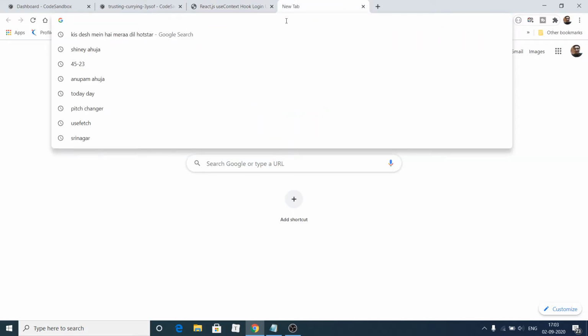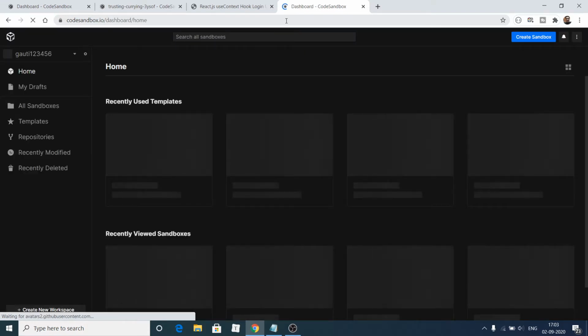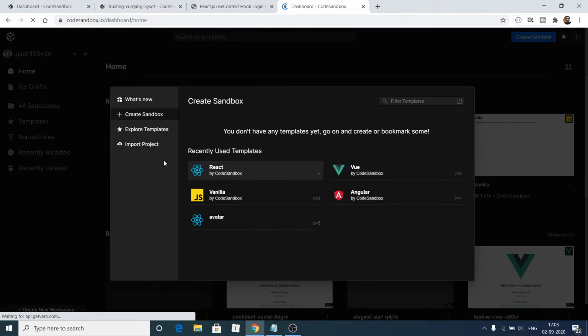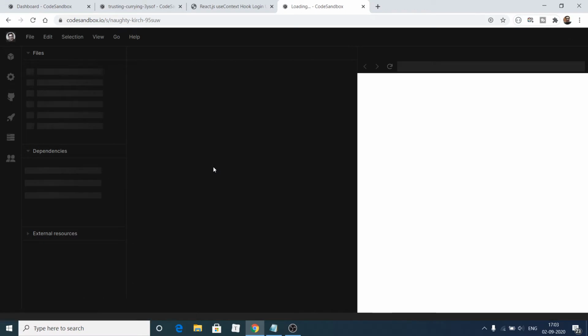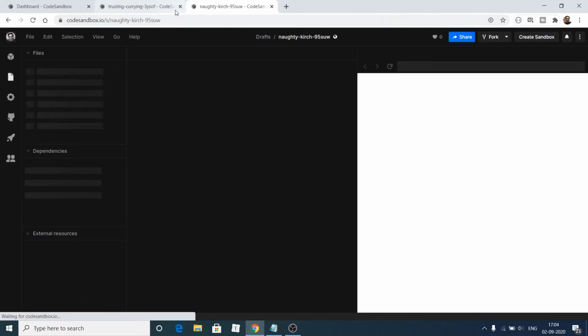So the very first thing that you need to do is go to a website which is codesandbox.io. This will be the website that I will use in order to create this application. Just log in with your GitHub account and select the technology such as React. Let me just close this application.